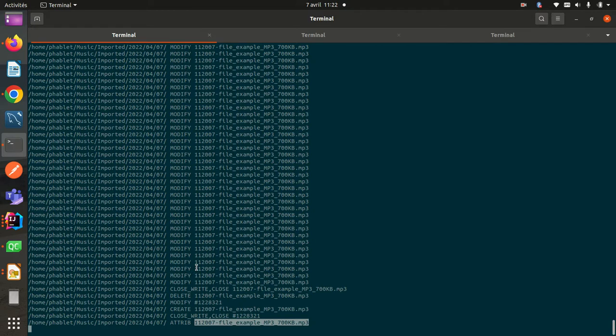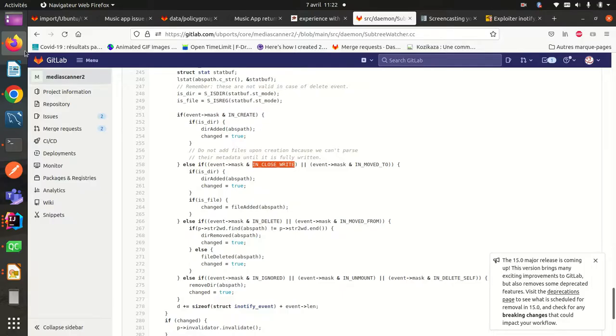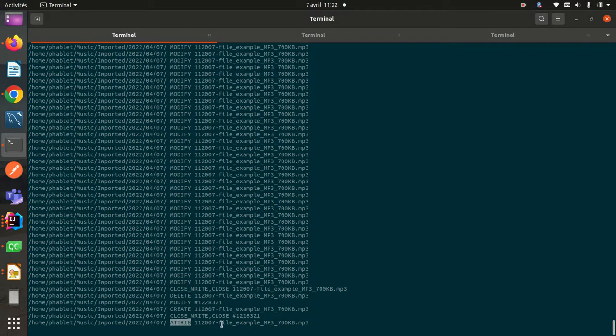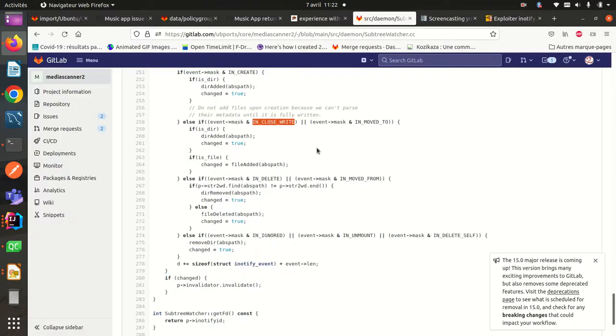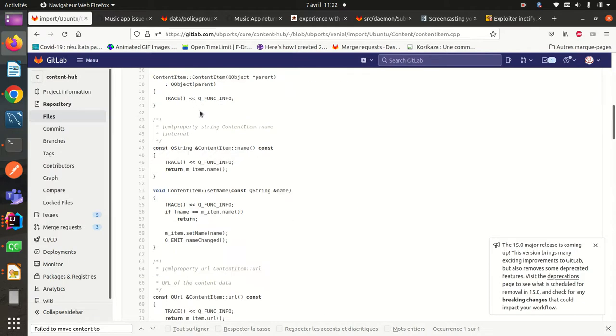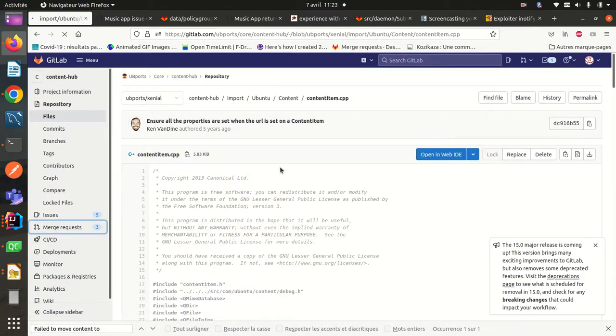Okay, so one way to work around that would be to change some processing here, just to handle that case when we have an attrib, because you see here when we use copy, we have a create and an attrib, but we don't have a close write on this file. But it will not be a very stable solution, I think. So the only workaround solution I found is, where is content tab? Yes, content tab here. Okay, so one workaround I found is to use